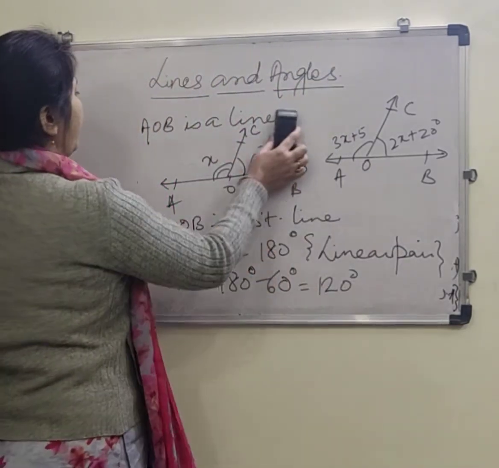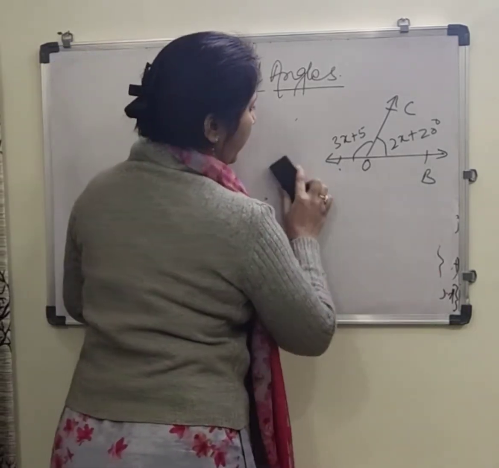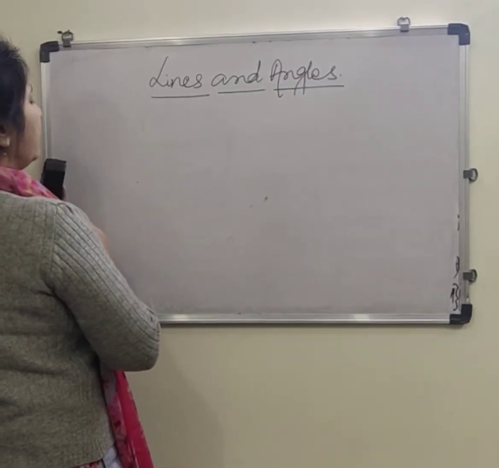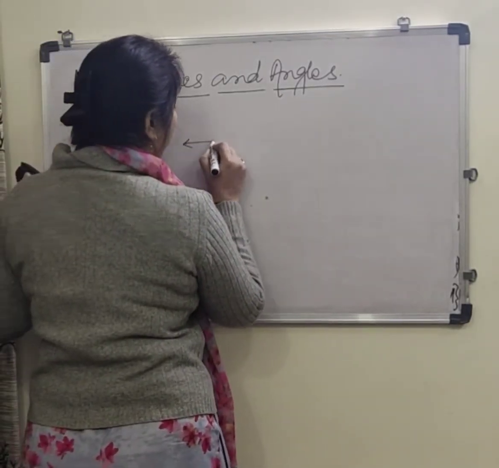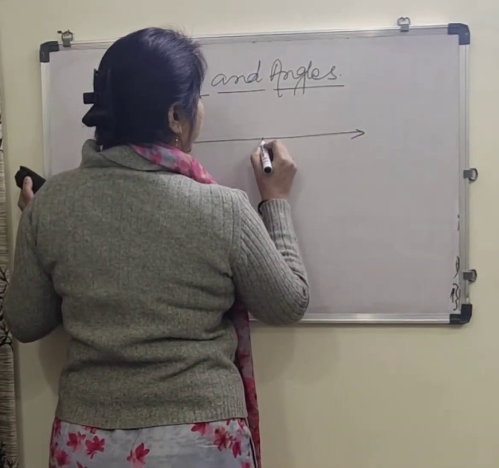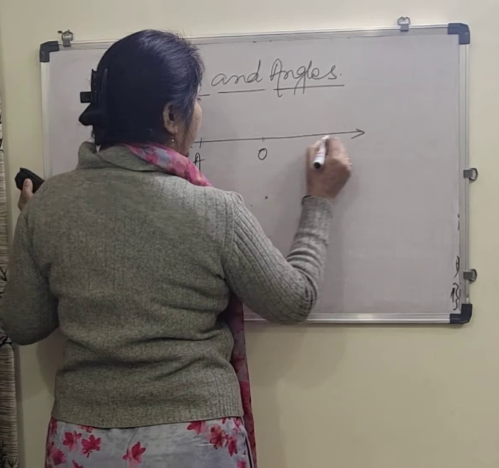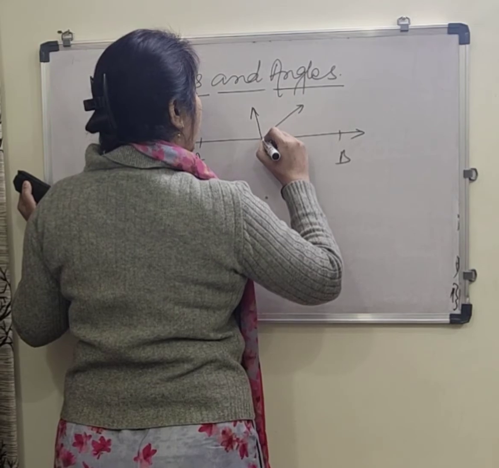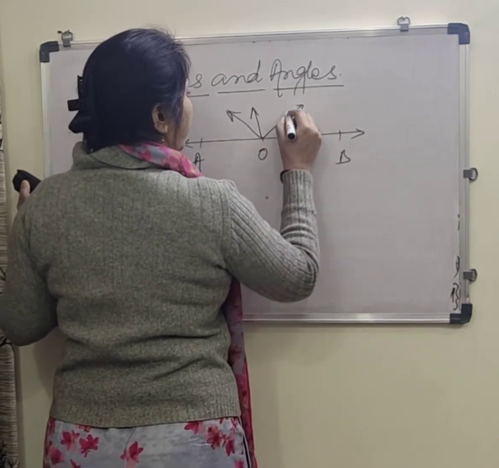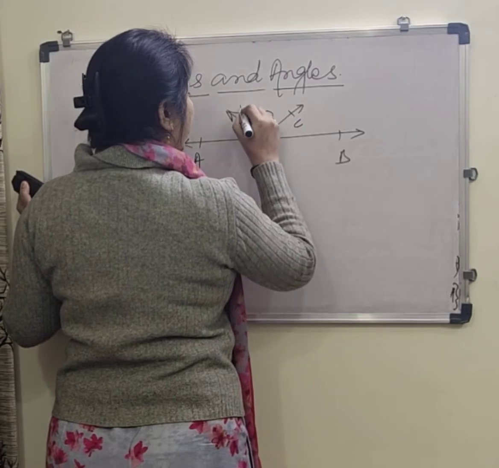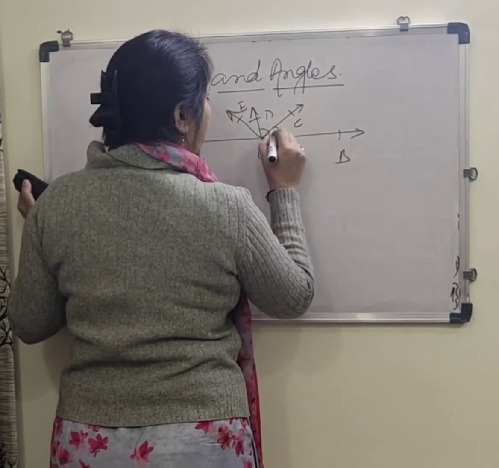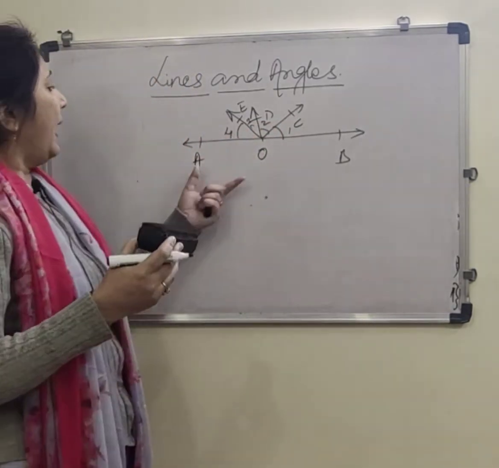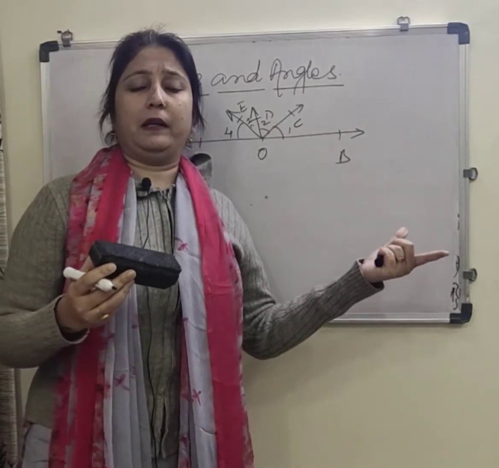The last concept for you all, angles around a point. See, two things are there. Before angles around a point, if we have a straight line, take a point O on that. I have taken AB over here. You draw as many rays as you like. Now I am not talking about adjacent angles. This is C, this is D, this is E, and you get angles 1, 2, 3, 4. All these angles are on the same side of a straight line.